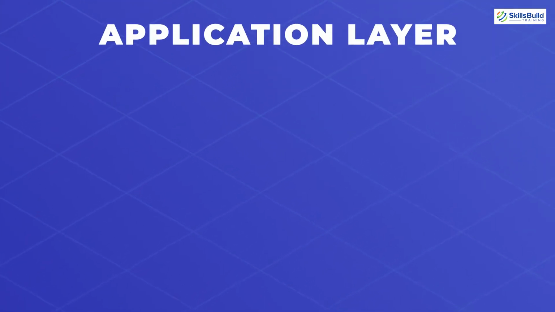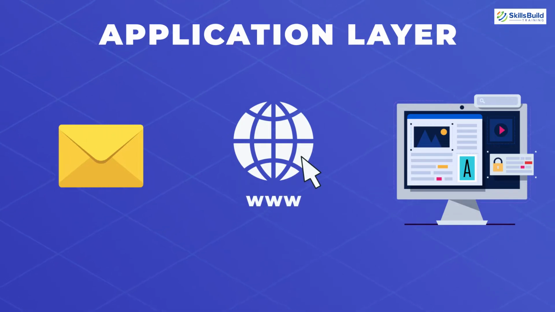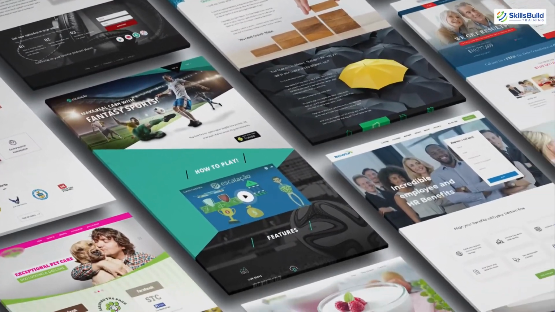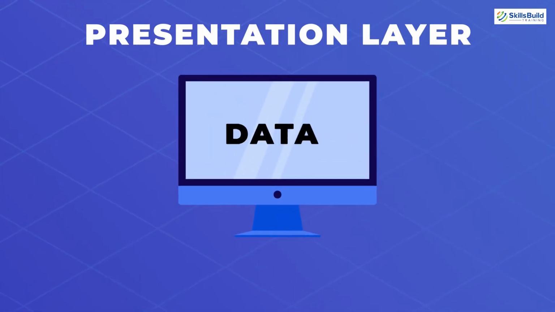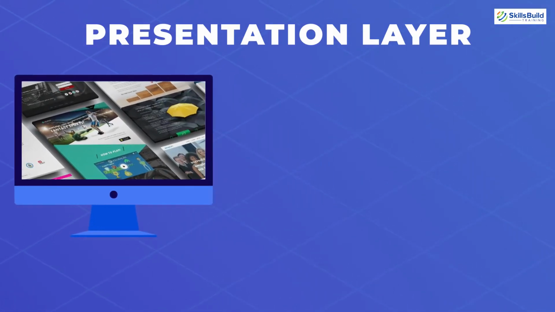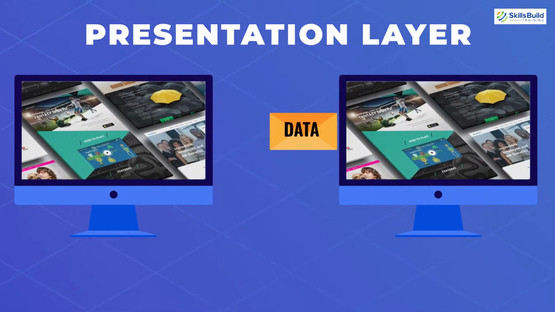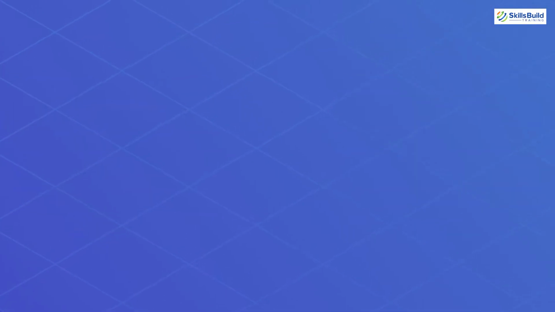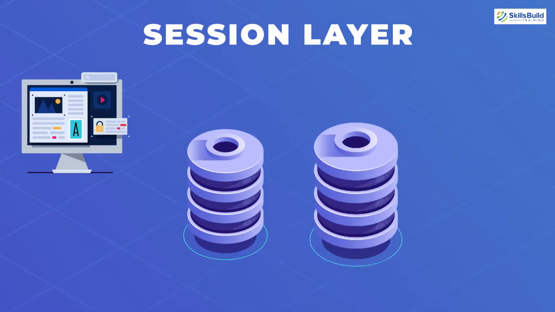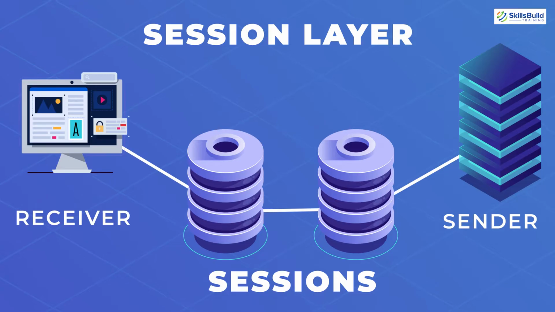The application layer is your end device or your software, like your web browser or the email client. So whatever you see on the screen is basically on the application layer. The presentation layer prepares the data, which is to be shown on the application layer. It also defines how two devices should process the data so that it can reach the destination correctly. The next layer is the session layer, and it is responsible for creating the communication channels, known as sessions. We create these channels between the sending and receiving devices.